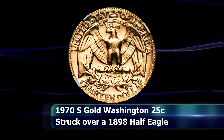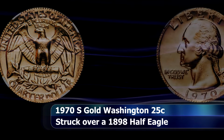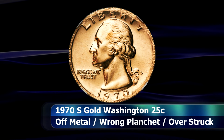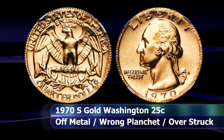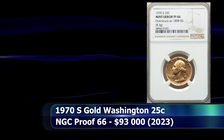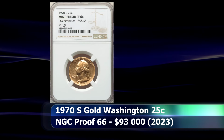A 1970s proof Washington quarter struck on an 1898 gold half-eagle. Parts of the half-eagle are still faintly visible in the fields on either side of the coin. There is literally no reason why this coin should or could exist. It is, however, graded by NGC as a mint error with a grade of proof 66 and as such sold at auction in 2023 for